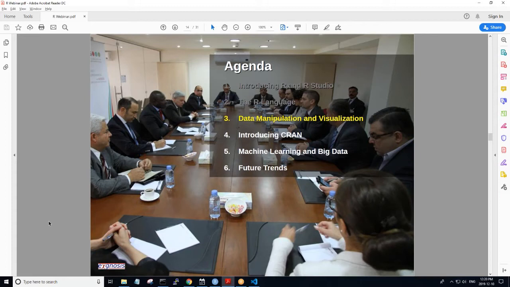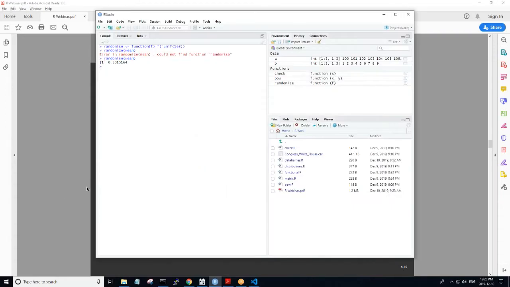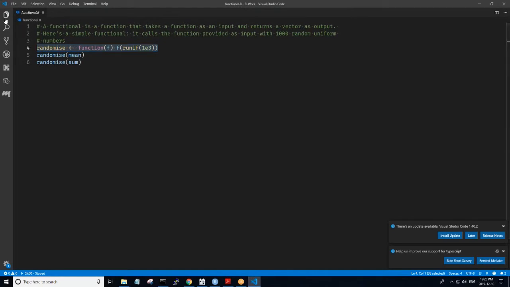Now, most of us who use R are really interested in the use of R for profiling and understanding our data. There is an extensive library of built-in functions that allow us to do various kinds of analysis. So, for example, let's pull up a little example here.